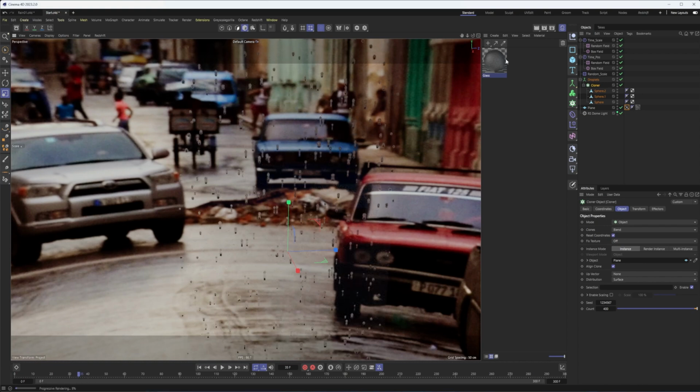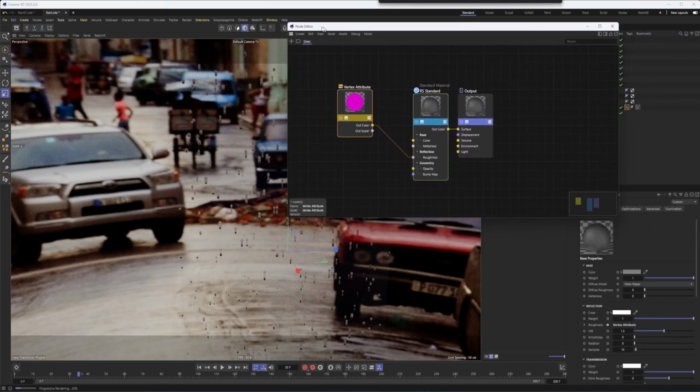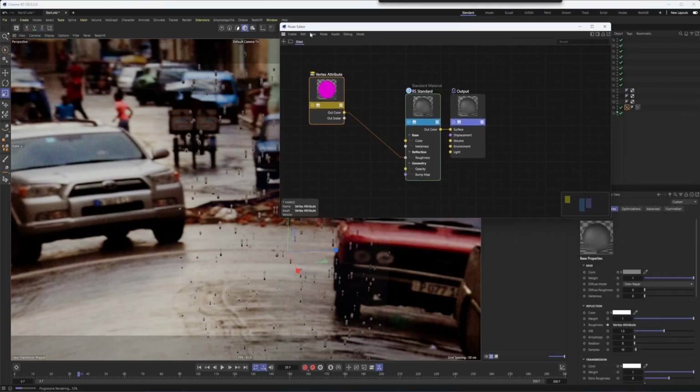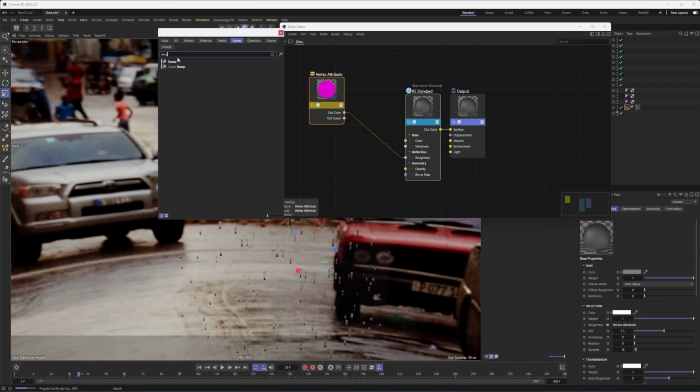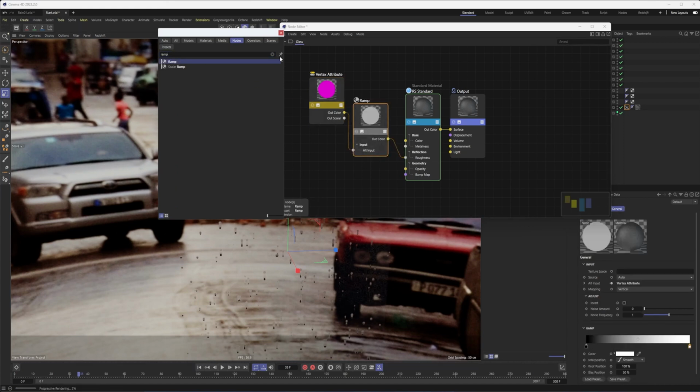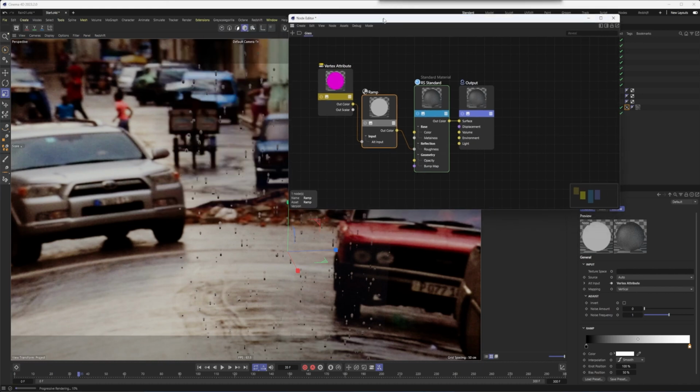Cool. So if you want to dial back this effect, what we're going to do is come into our vertex attribute, open up our node editor, expand it, find our ramp. Okay. And I would just drag and drop this ramp onto our vertex attribute. So that way it gets connected to the alt input because that makes sense.